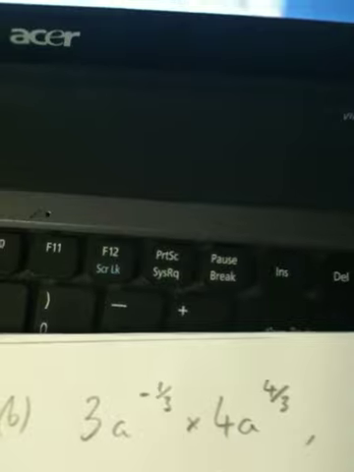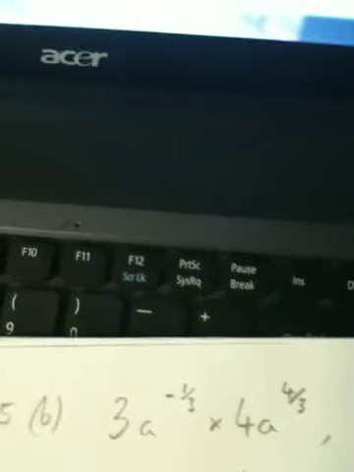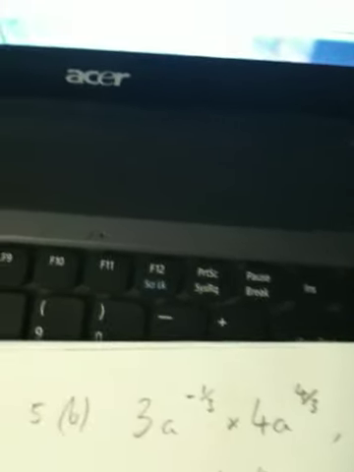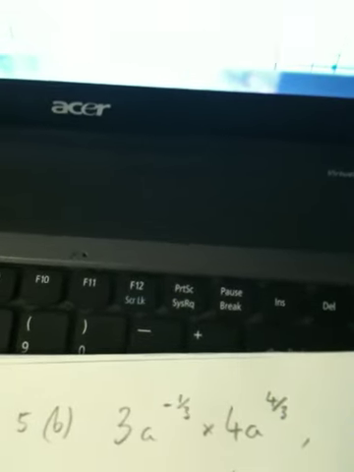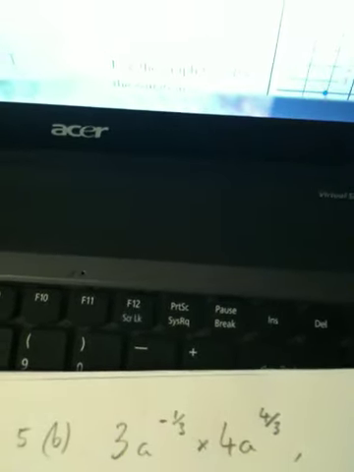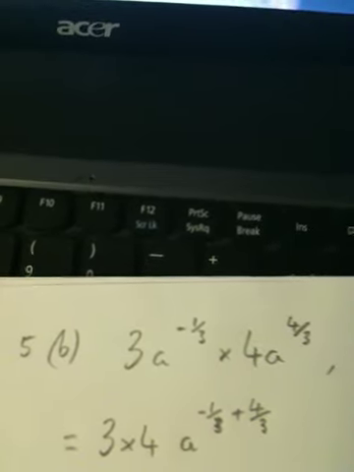So 5b, similar type of question. I've got to use the fact that a to the m multiplied by a to the n would be a to the m plus n here. So 3a to the negative 1/3 multiplied by 4a to the 4/3. We would do the large numbers first. 3 4s are 12, or 3 times 4, multiplied by a to the negative 1/3 times a to the 4/3,